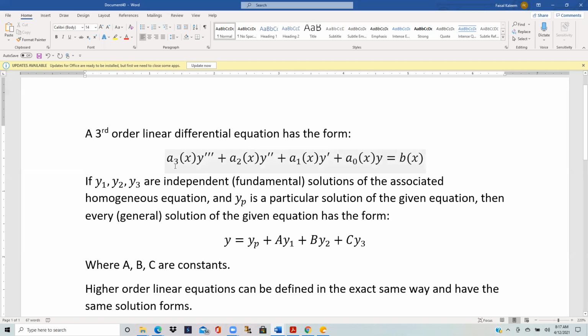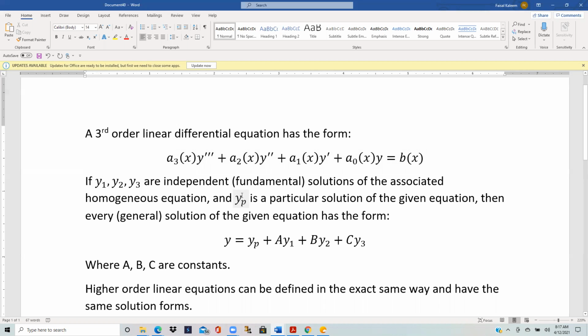So now we have solved a lot of second order equations of this form. So this is a third order. In this case, the homogeneous equation is defined similarly. If this right side is 0, then this is homogeneous. So if y1, y2, y3 are the independent or fundamental solutions of the associated homogeneous equation. So remember, we had